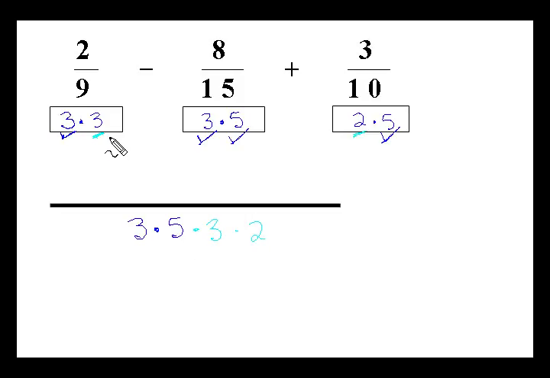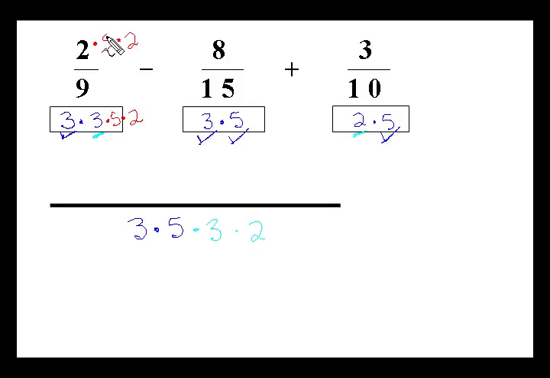The original denominator only has 2 factors, so it must be missing some of these. It has both 3's, so it's missing the 5 and the 2. So I put the 5 and the 2 down in this denominator, as well as in the numerator. That's what I mean by fix the numerator. We want the bottoms to be the same, the denominators, but then if we change a denominator, we must also